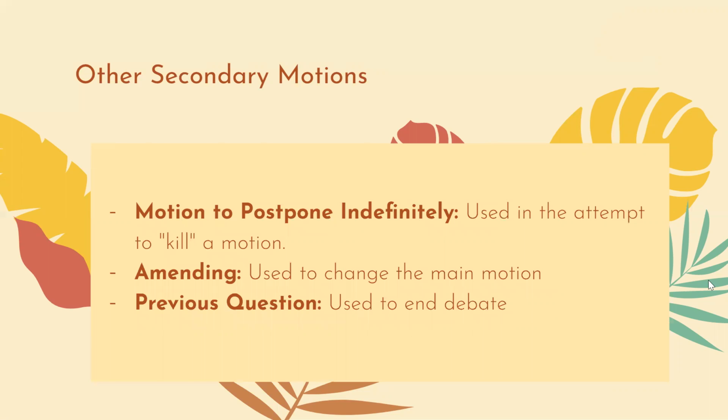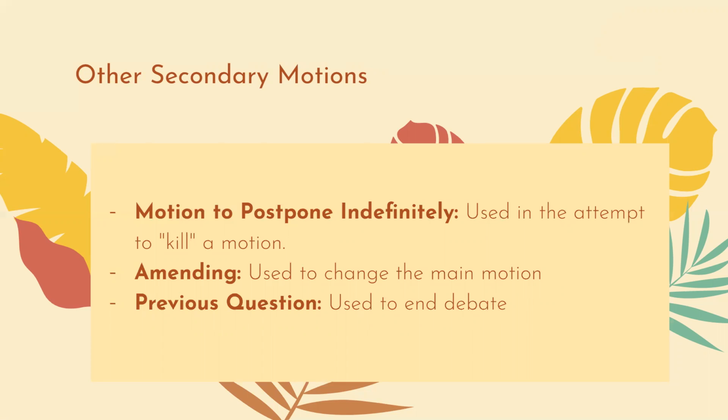Now, this is where I said there's a difference between definitely and indefinitely. So you'll see that the motion to postpone indefinitely is used in the attempt to kill a motion. Whereas postponing definitely just moves a motion to another time in your agenda, a motion to postpone indefinitely means I don't want to hear this motion anymore, and it is effectively killing that motion. In later slides, we'll talk about what's needed for this type of motion to go through, but that's its general